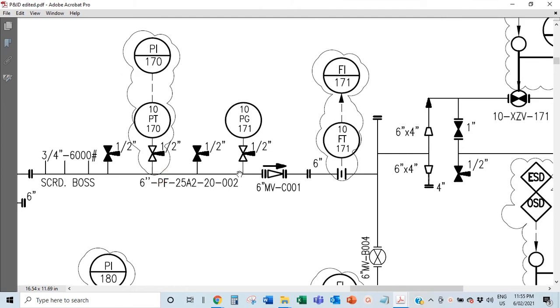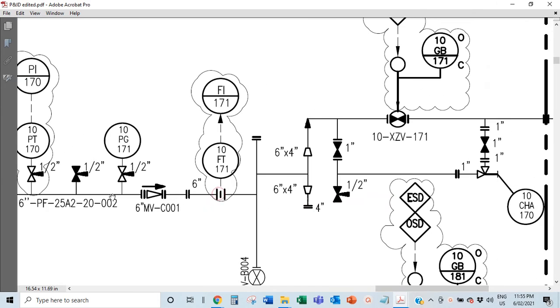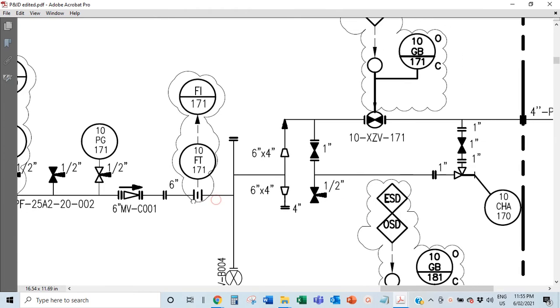And then, okay, we haven't talked about it. This is a non-return valve. That's why you can see this direction arrow on it. You can also call it a check valve, meaning it's a valve that only allows flow in one direction. Flow cannot go backwards. Once it goes, there's like a flap that stops the flow from going backwards, so it only allows flow in one direction so that you don't kill your well. And then you have your flow indicator, flow transmitter, and then you go all the way into